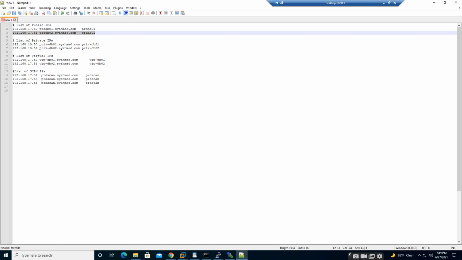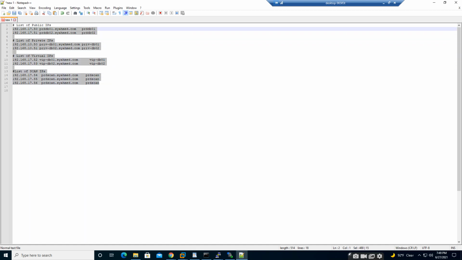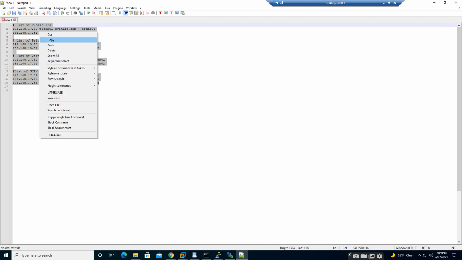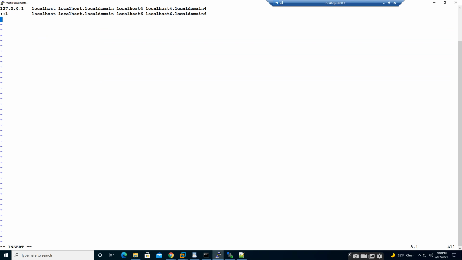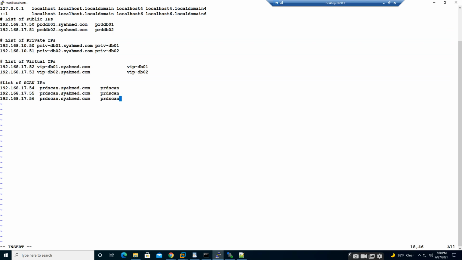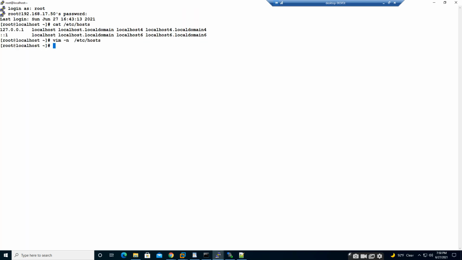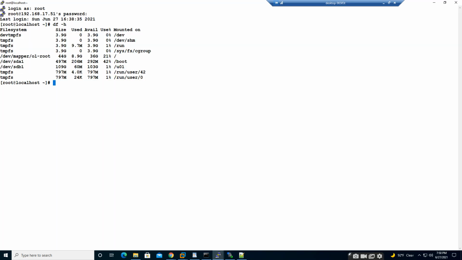Same, I have the private IP, virtual IP, and the scan IP which I'm going to use. So I'm just going to copy this entire list, paste it here, save and exit, and I'm going to do the same thing on node 2, which I have already opened.